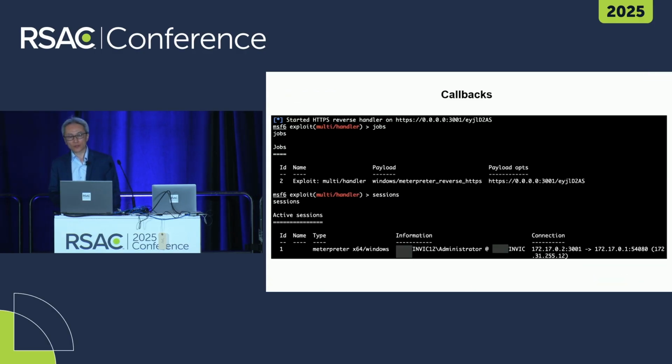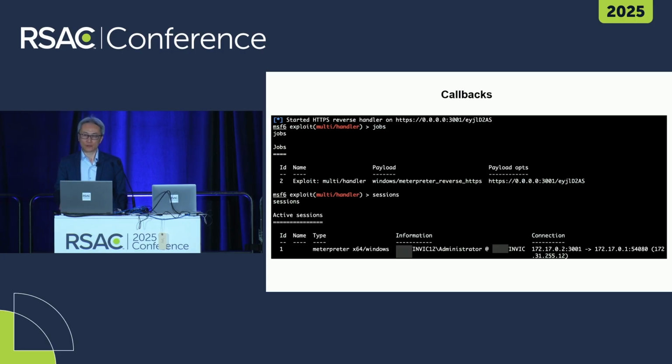In the following walkthrough, we'll show some screenshots of the callbacks from the victim machines. They all look pretty similar, other than the basic information. From here, we can see what the attacker can see.